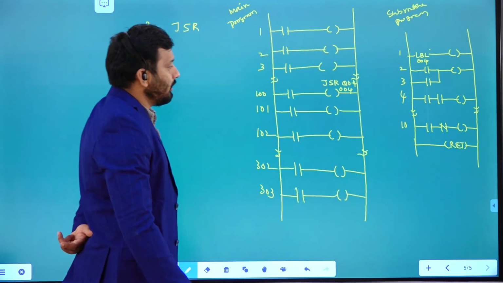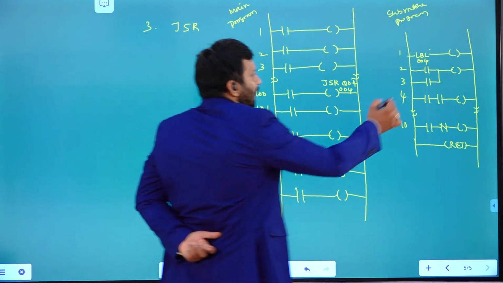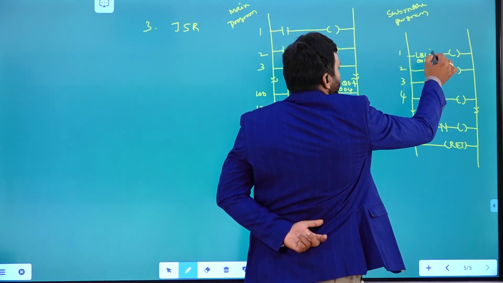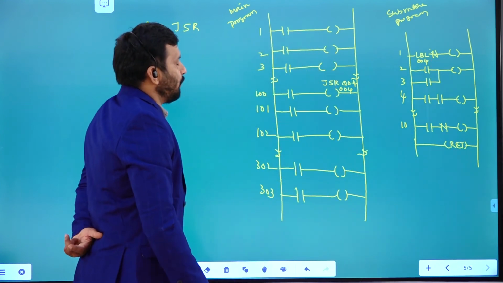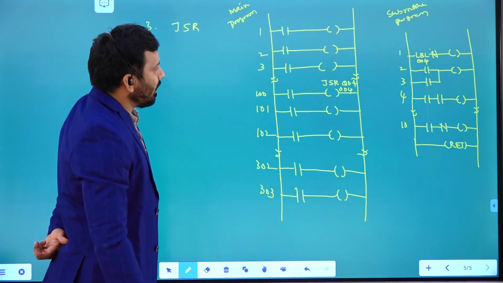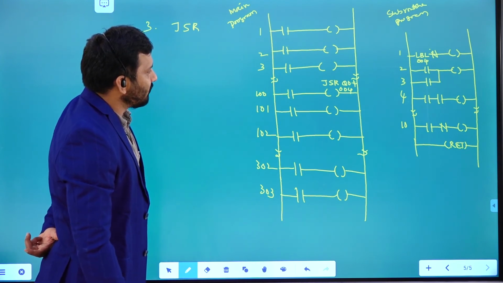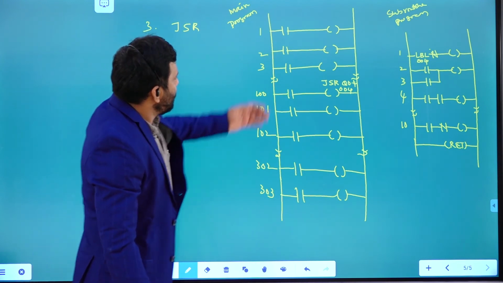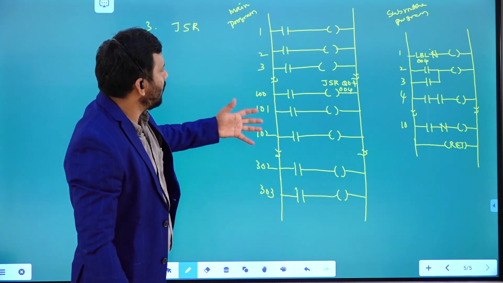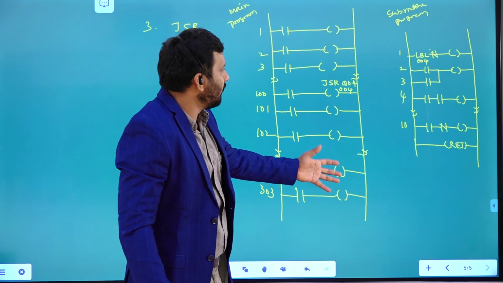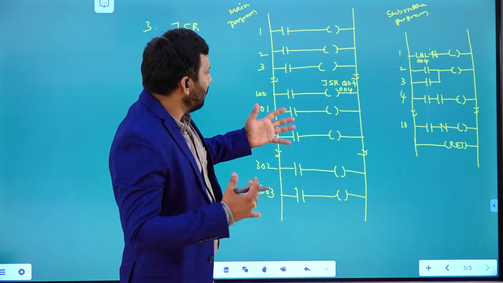Alright, RET return. It may have some contact here or not, that depends upon the input. Here is what I have written, some labels in this particular program. The remaining inputs may be any inputs. Contacts may get the input data, and outputs are going to be activated. I'm just concentrating on where I required.